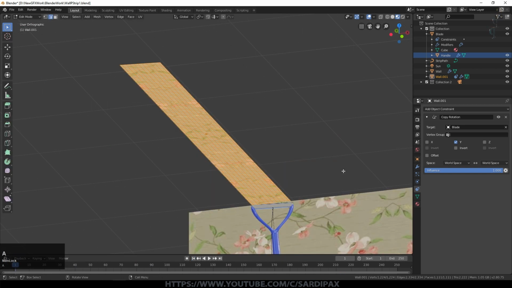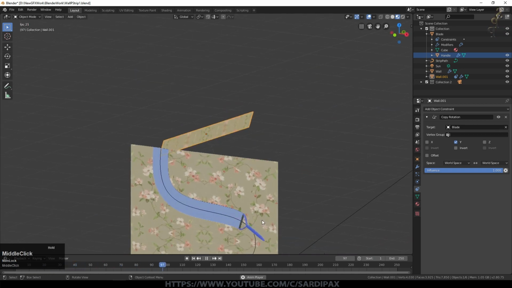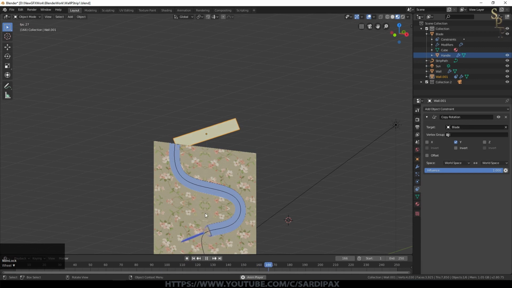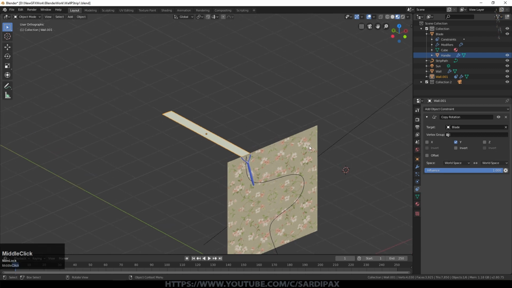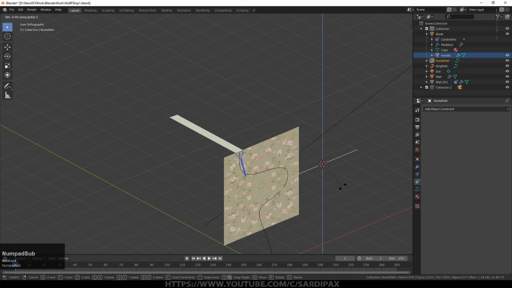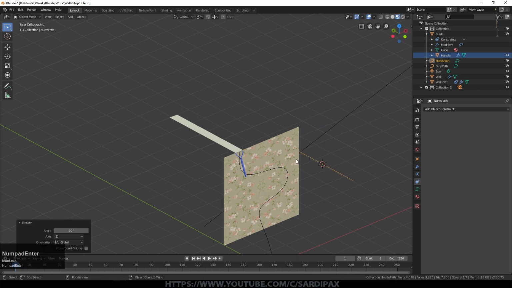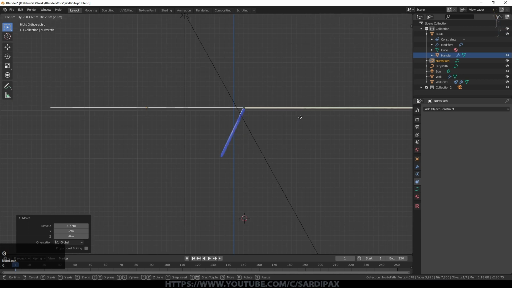So we go into edit mode, select all the faces, rotate Y 180, and then come out of edit mode, and that's corrected the orientation. So you can now see the strip of wallpaper rotates along with the blade, which is just what we want. So now we want the wallpaper, as things progress, to push out as though it's being stripped off by the blade. So I'm going to create another curve path now. So curve path, rotate Z minus 90, just to have it coming out there like that. Look from above, and we'll just position that curve where it needs to be. So we'll put it here to start with.